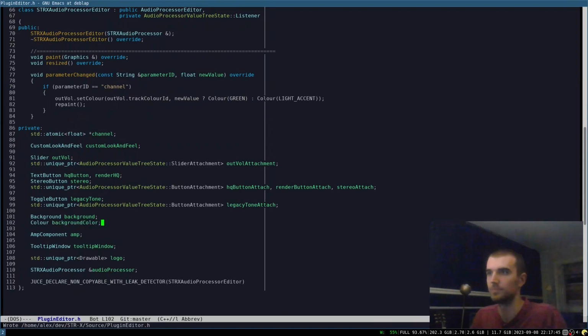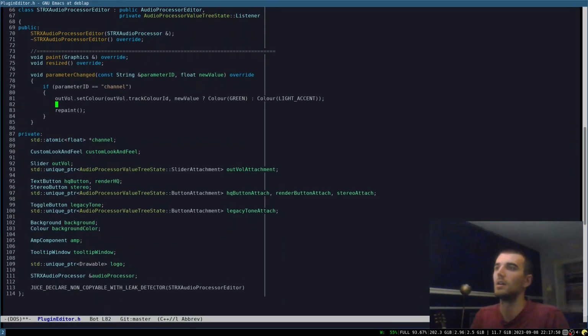So this should also just happen in. The background color should be like a constant, or not a constant, but it should be a local variable that gets set in the constructor, and it gets set in param changed. All right, so background color. I'm not crazy about just taking a float as a float. Sometimes I just didn't even cast, I just let it be as it is, but you know, that's not great.